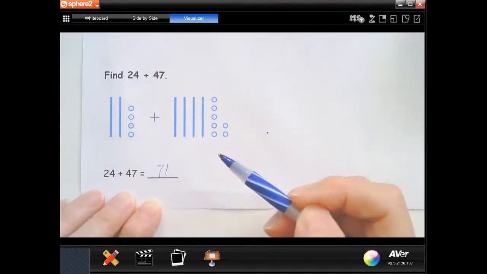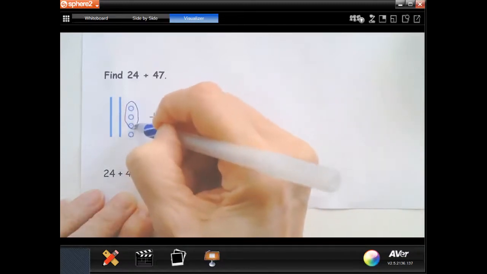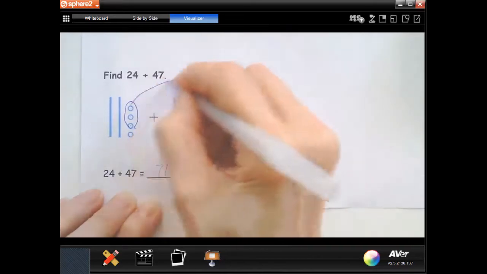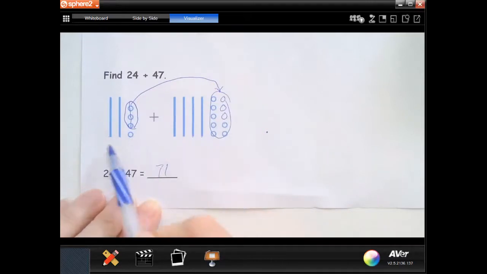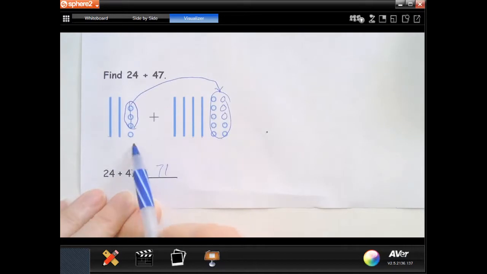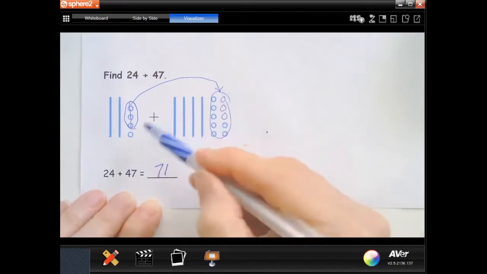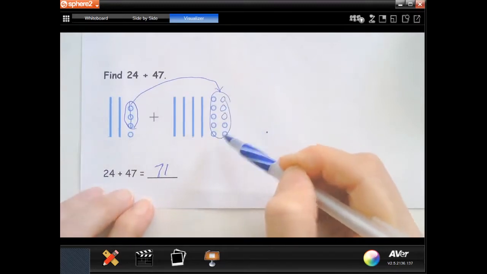Did we make another 10? It looks like we can. We can take 3 ones, 1, 2, 3, and make another 10. Look at that. We don't have those anymore. So now I have 1, 2, 3, 4, 5, 6, 7 tens and 1. 71. So 24 plus 47 equals 71 because we regrouped and put some of the ones together to make another